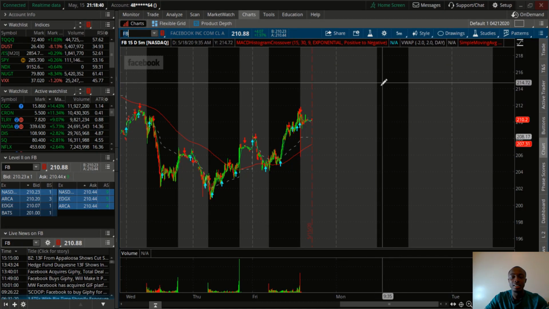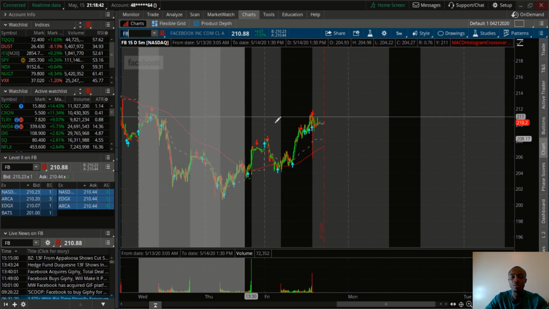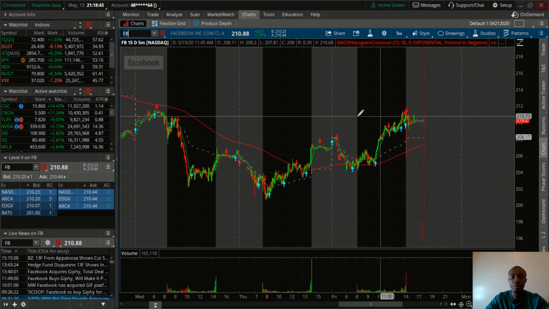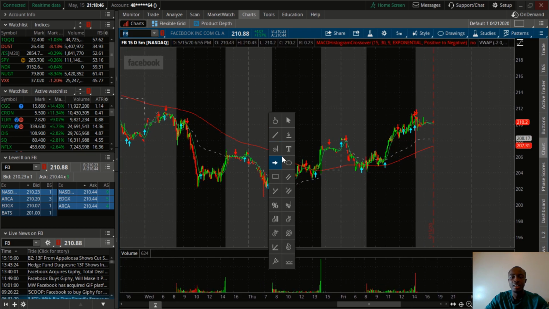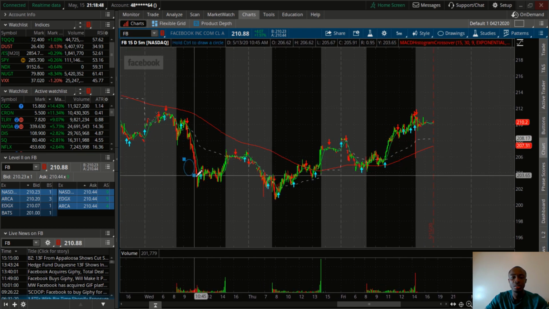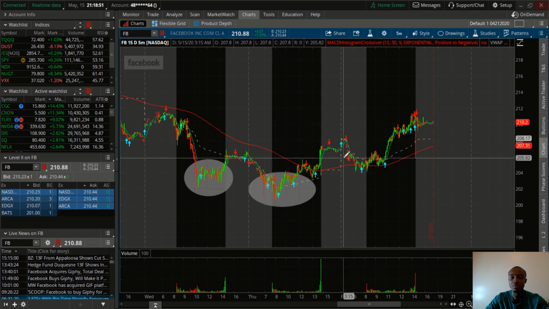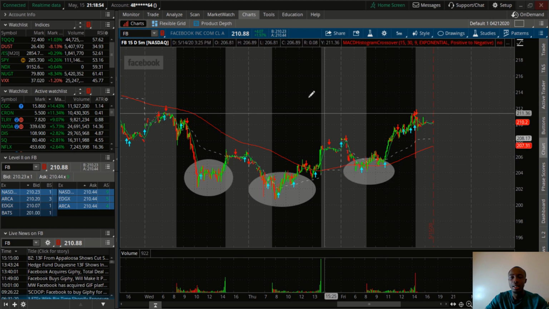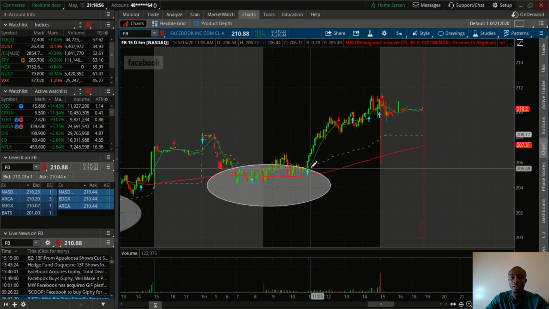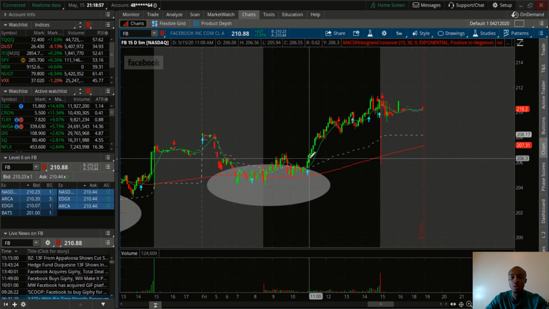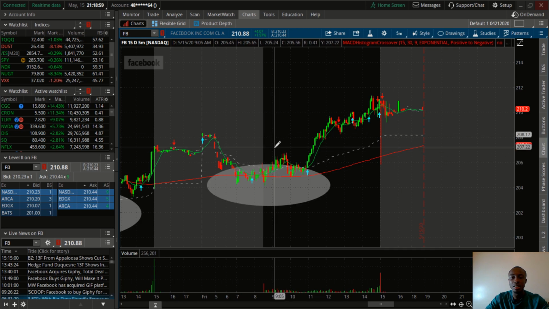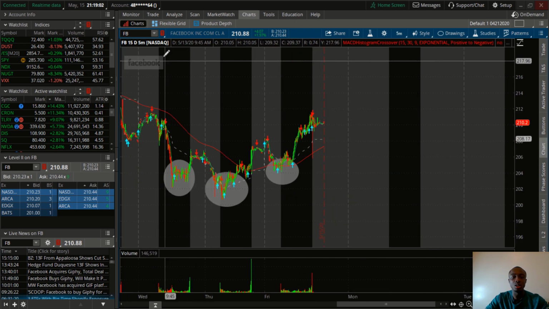Now, Facebook is the other stock that I saw a very, very clean pattern on. If we zoom in right here, what we can see is a reverse head and shoulders right here. It's very, very clean. And it also started running at 11 o'clock, just like Square. And me noticing this and me noticing Square,